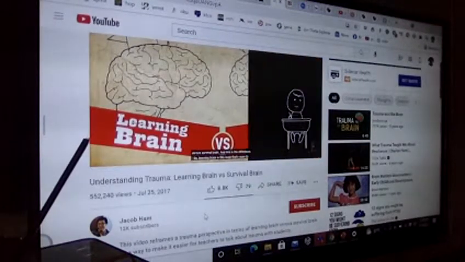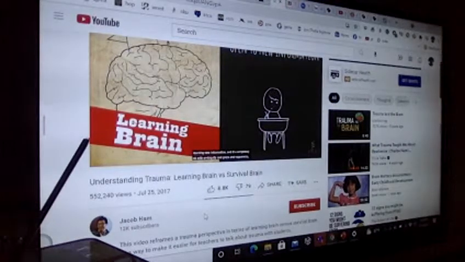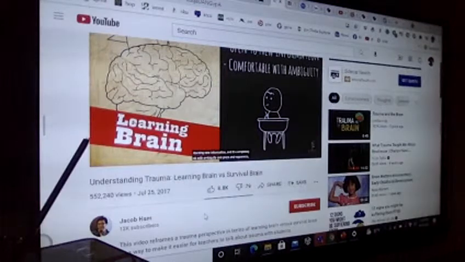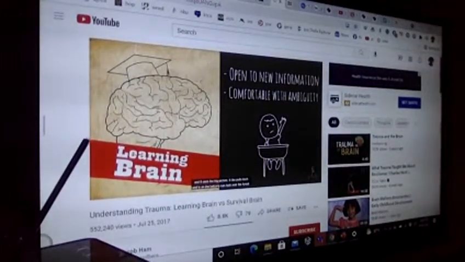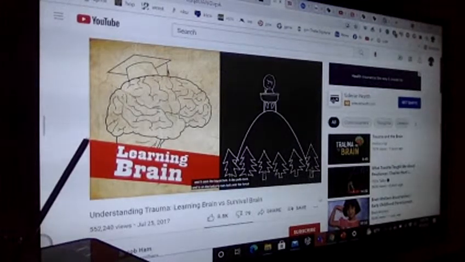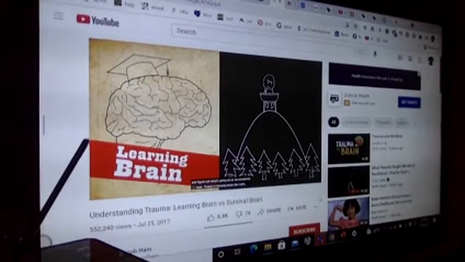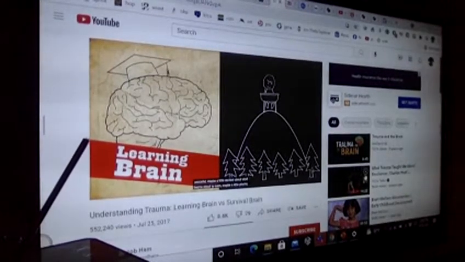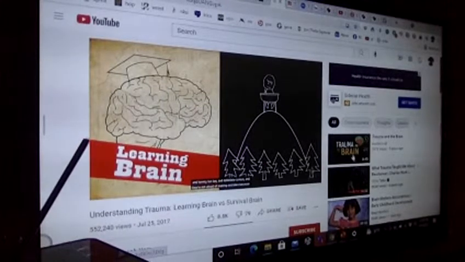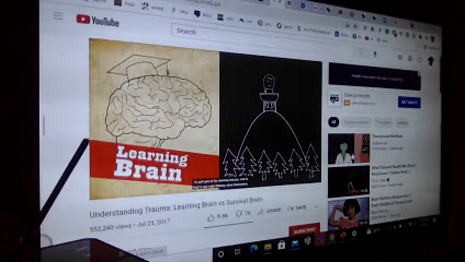So learning brain is this brain that's open to learning new information, and it's completely okay with ambiguity and grays and vagueness, and it sees the big picture. It pulls back and is on the balcony, can look over the forest and figure out what's going on. On an emotional level, people in learning brain feel calm, peaceful, maybe a little excited about what they're about to learn, maybe a little playful and having fun too, and definitely curious. And they're not afraid of making mistakes because it's just part of the learning process.